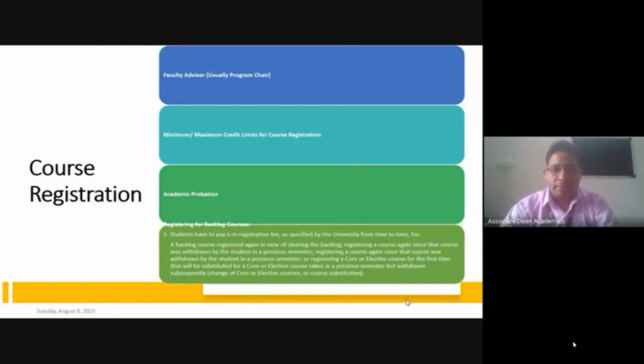Then we have the academic probation rule. What is the meaning of the academic probation rule here? It means you must earn a minimum number of credits, for example 36 credits, by the end of your second year, up to the fourth semester, including both semesters of the first year and both semesters of the second year.